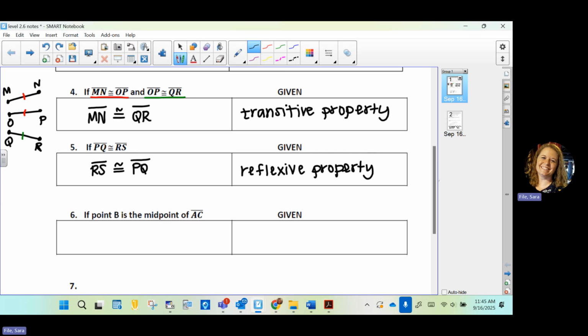Okay, now this last one here with this section says if point B is the midpoint of segment AC,